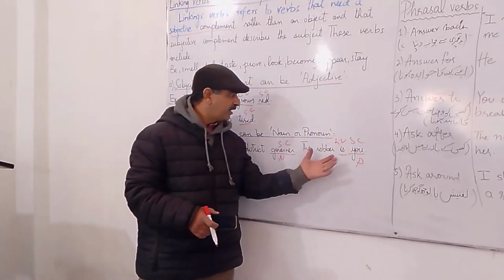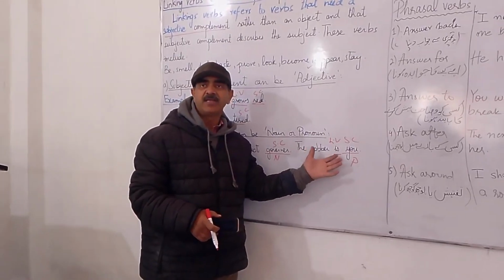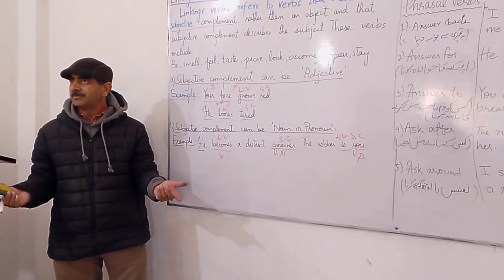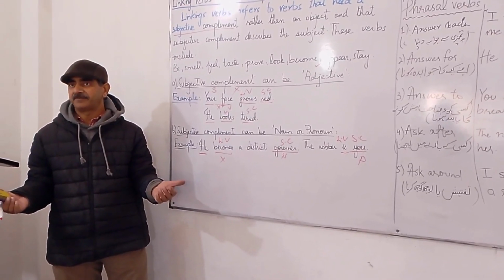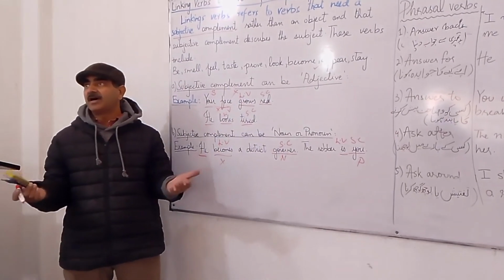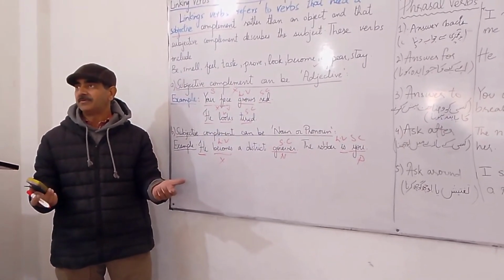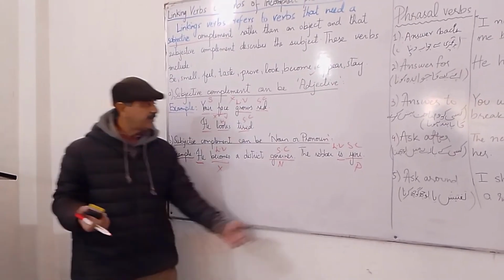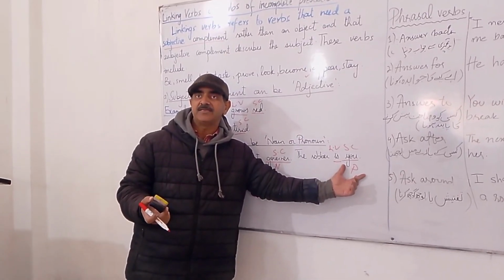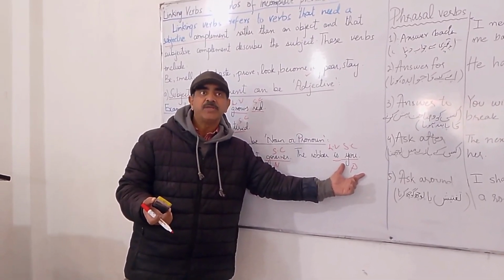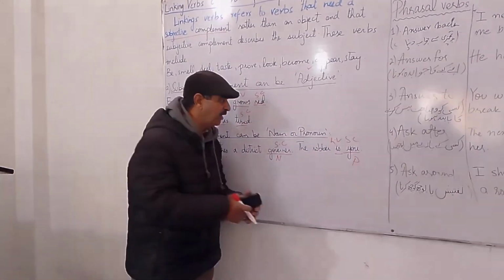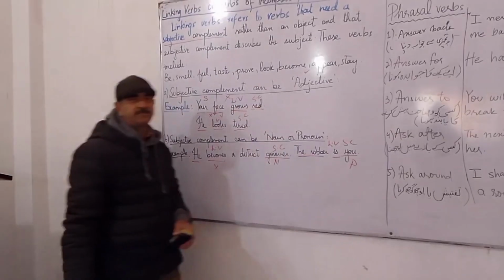Clear? Next one. The robber is you. Again, if I simply say the robber is, who? The question arises. You may pose me a question, who the robber is, or the robber is who? Clear? Until and unless I write a pronoun over it, that is you. That is the subjective complement, completing the subject robber.